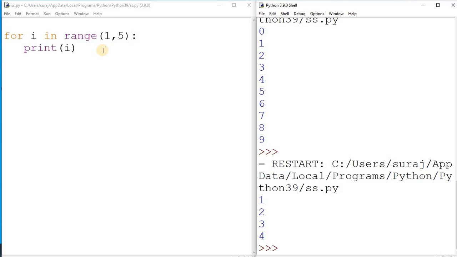Here you have learned all the possibilities: how you can show the list, the tuple, sets, how you can go with the dictionary, how you can go with the range or string values. So I have shown you all the varieties. Whichever you are comfortable with you can go with, and you have to practice properly. I hope you understood how you can use the for loop. The main use of the for loop is to print a sequence of values. So whenever you print a sequence of values you refer to the for loop in place of while.